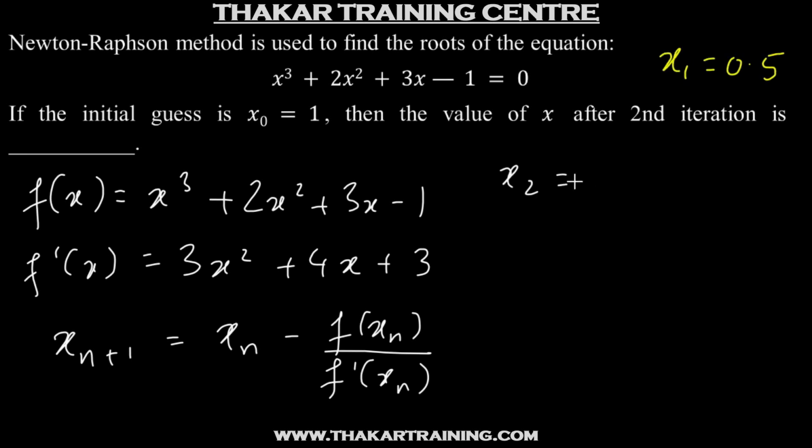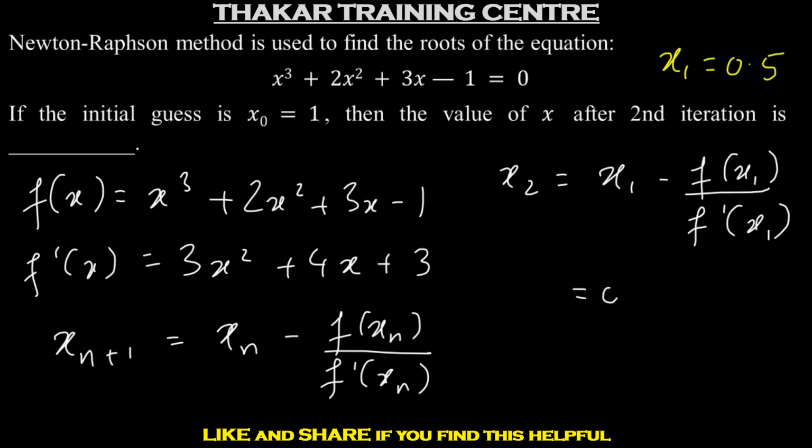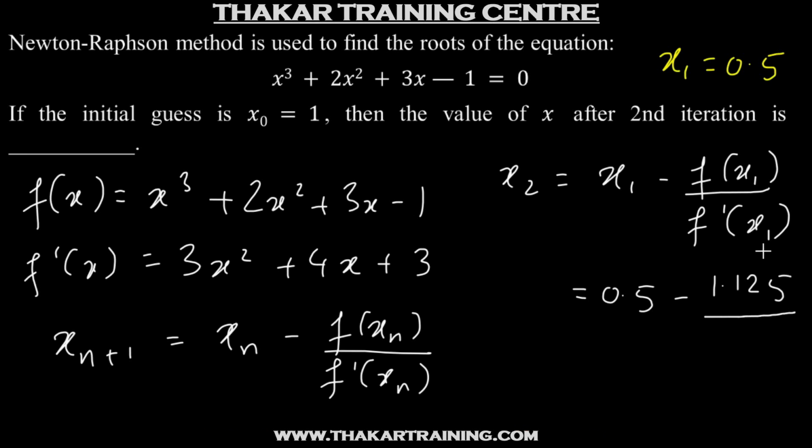Similarly, x2 will be equal to x1 minus f of x1 upon f dash of x1. So this will be 0.5 minus f of 0.5. So we'll put x equal to 0.5 in this equation. We get the value as 1.125 upon f dash of x1. F dash of x1 will be f dash of 0.5. So when we put 0.5 in this equation, we get the value as 5.75. So this on solving gives 0.3043. So this is the value of x2. That is what we are asked, the value of x after second iteration. So the answer will be